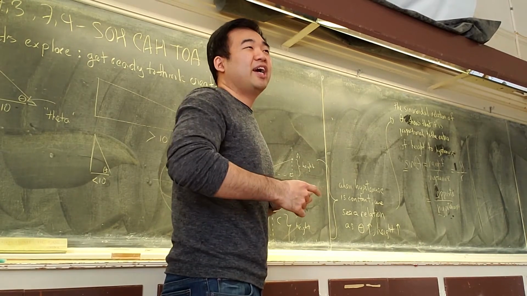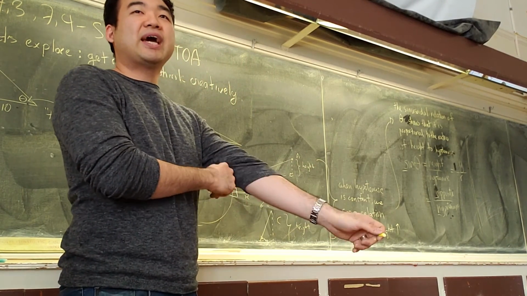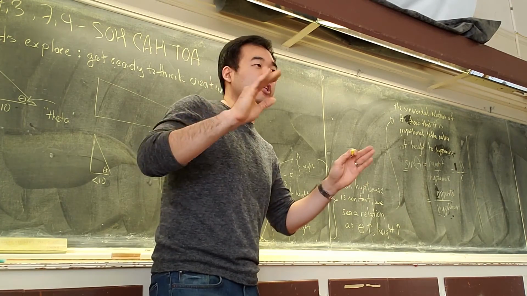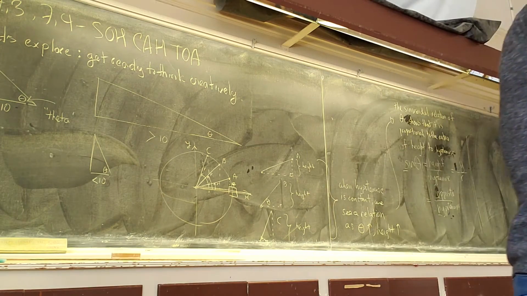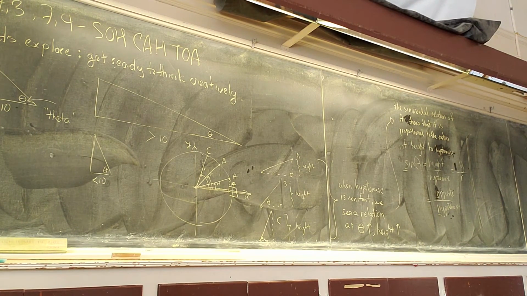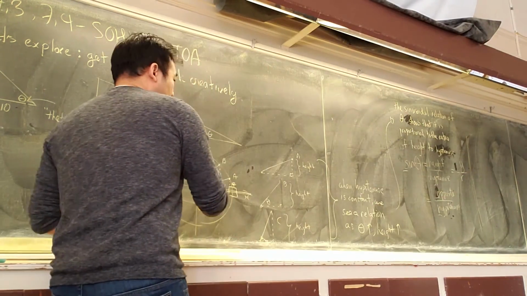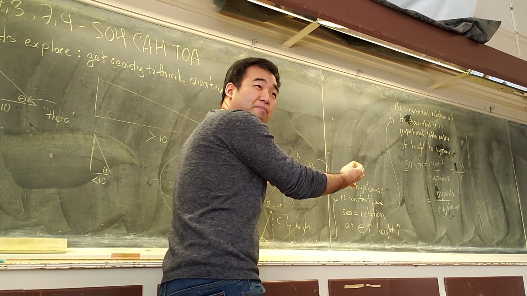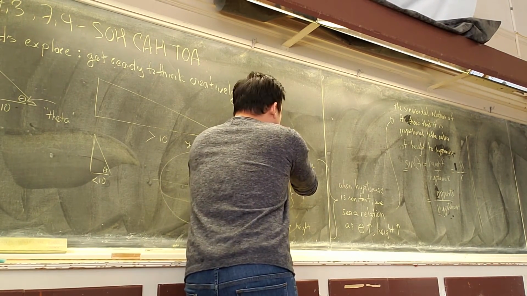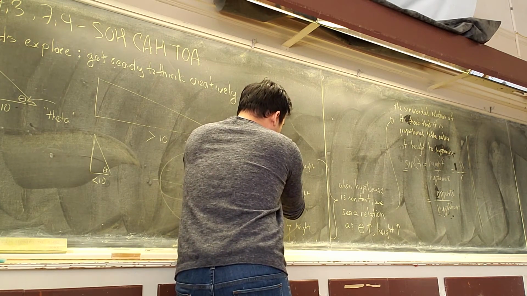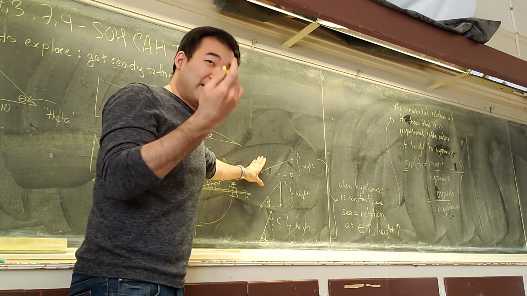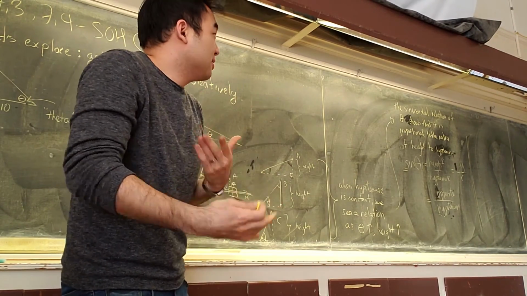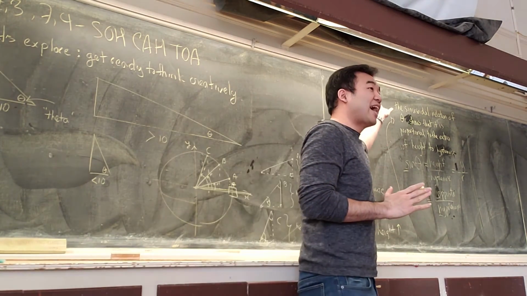I need to introduce another word. Anyone heard of the word complementary angles? Not like compliment, like you look good. I'm talking complement, which means angles that add up to 90 degrees. Take a look. You know how the inside of a triangle is 180? 90 is already taken up. So this angle plus that angle has to add up to what? 90 degrees. So a complement, or the sort of partnering of sinusoidal,